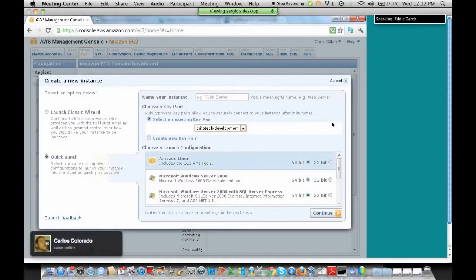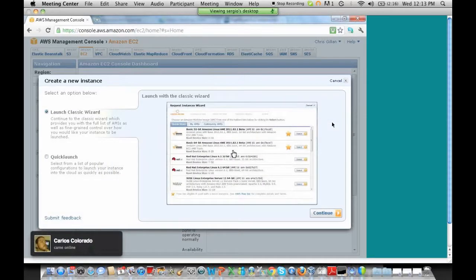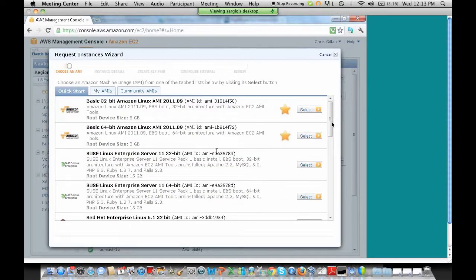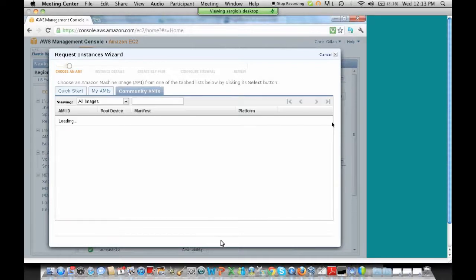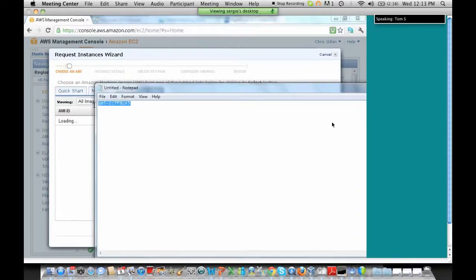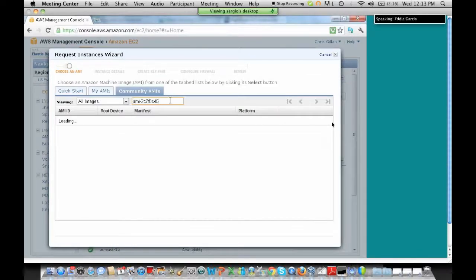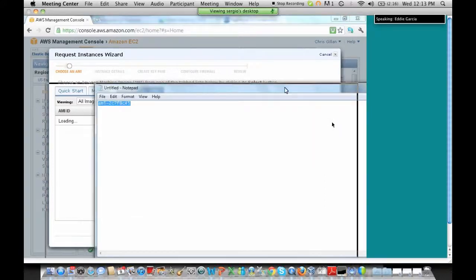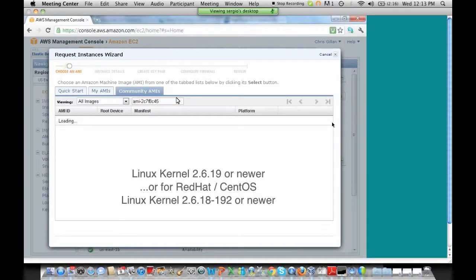First, log into the AWS Management Console and launch a new Amazon EC2 server instance. Select an appropriate AMI that meets the needs of your project. Don't forget to take ezNcrypt system requirements into account. ezNcrypt requires a Linux kernel of 2.6.19 or newer. Or if you're using Red Hat or CentOS, then you'll need a kernel version of